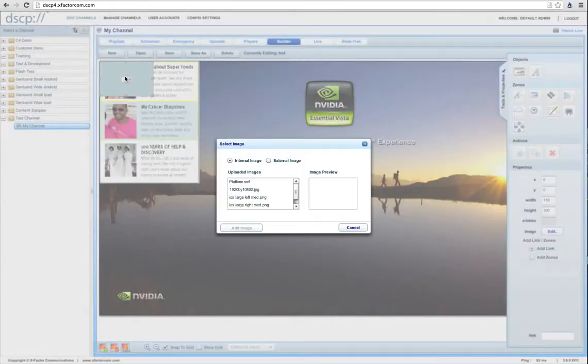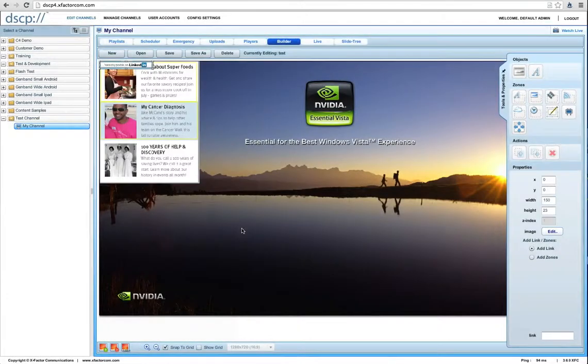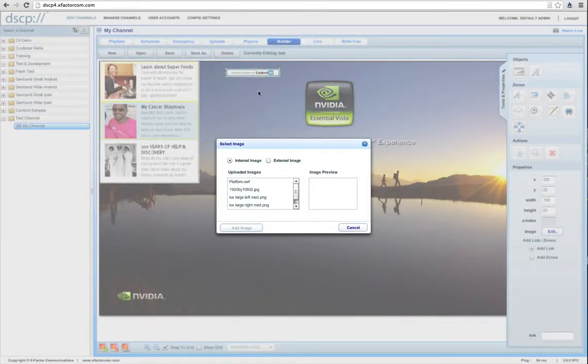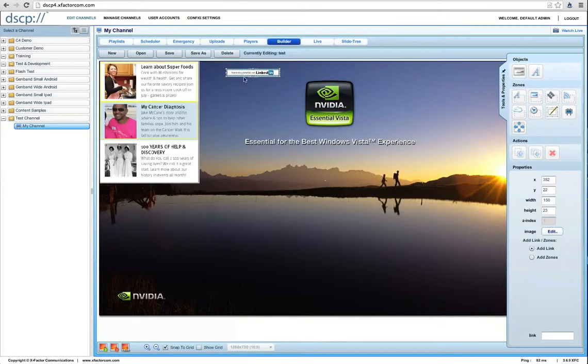Use a different one. So here is a little LinkedIn image. I can make it a little bit bigger if I want to. And I'm going to put in here, rather than add zone, I'm going to put add link, and I'm going to make it linkedin.com